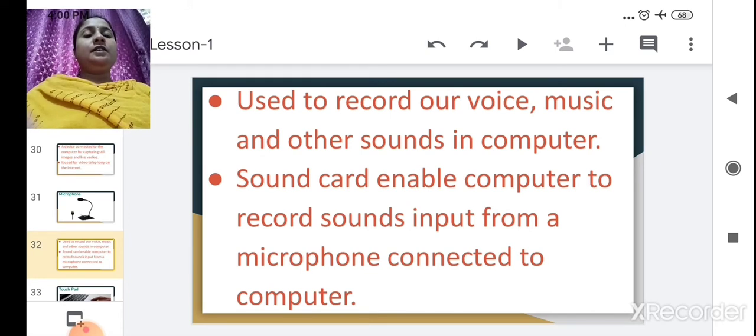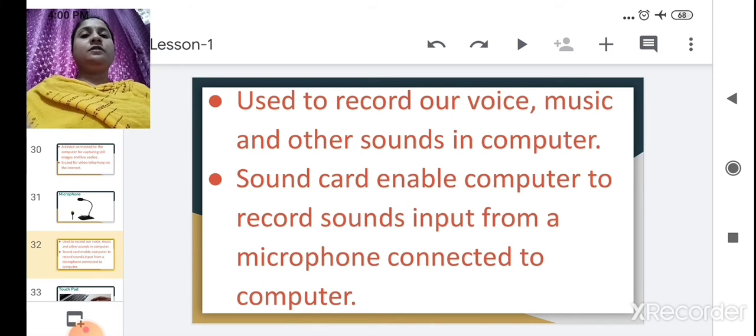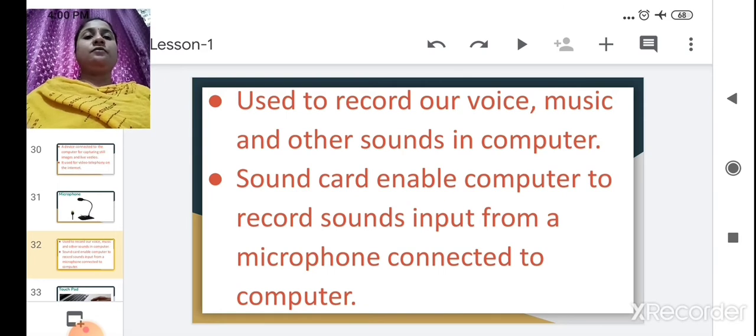A sound card enables the computer to record sound input from a microphone connected to the computer. This sound card helps the computer to record the sound it gets from the microphone. Whatever sound comes through the microphone, the sound card will transfer it to the computer. Got it? How does our sound get stored in a computer?